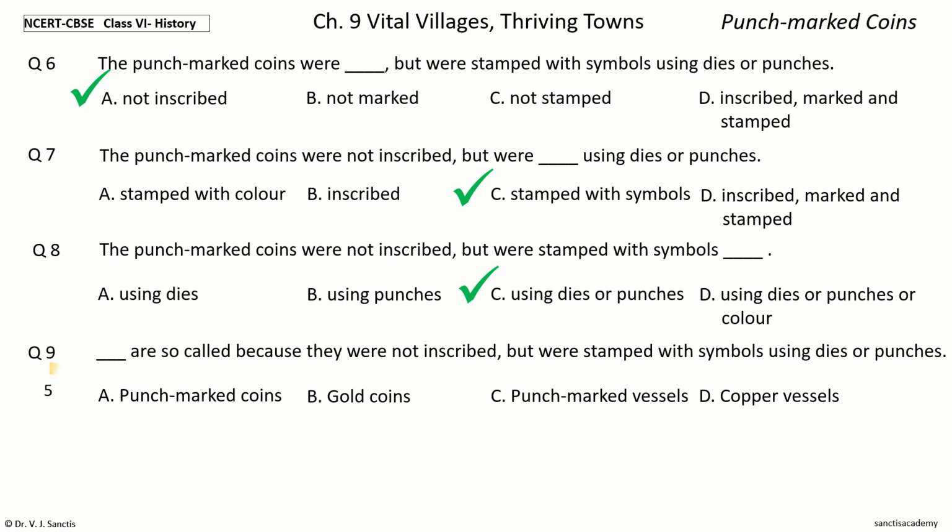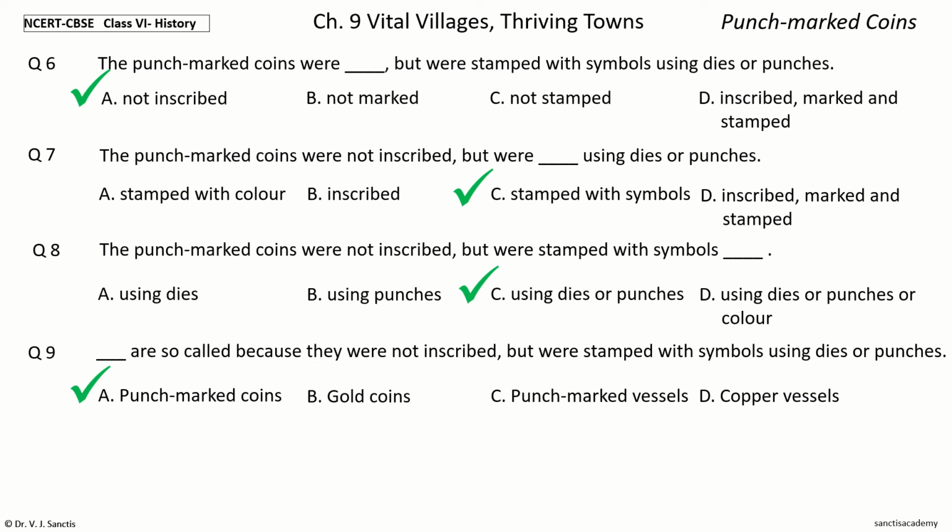Your time to choose. And the answer is punch-marked coins. So, punch-marked coins are so called because they were not inscribed but were stamped with symbols using dies or